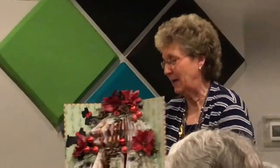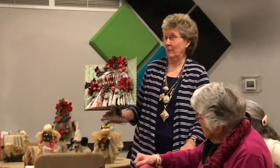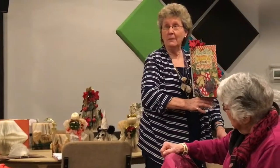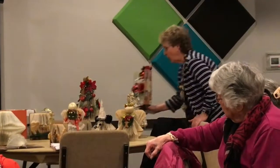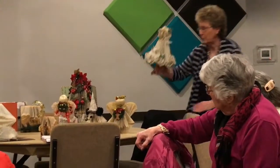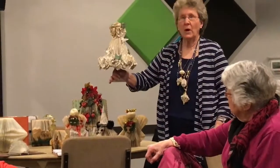And this is the kind of trees that I sell, because it's so funny to watch people. They'll say, what book is it done in? And I'm thinking, thank goodness I'm doing it in special books, because I'll say, oh, a snowman or a Santa. And of course I have folded that in those particular books. The old pattern that you remember was done all the way around. Now, I use either a book or a